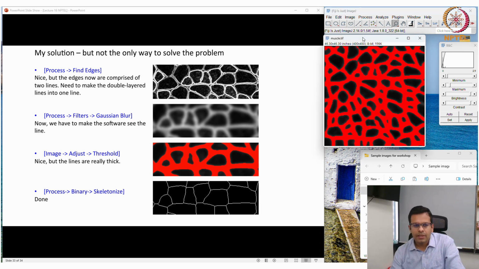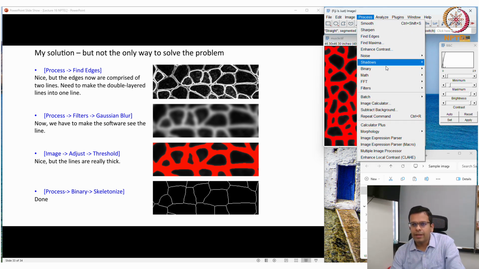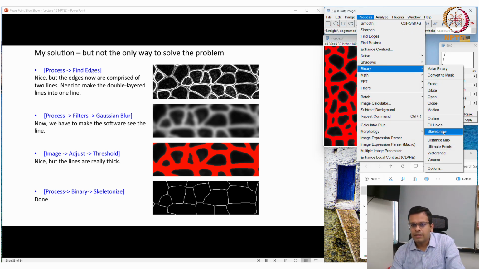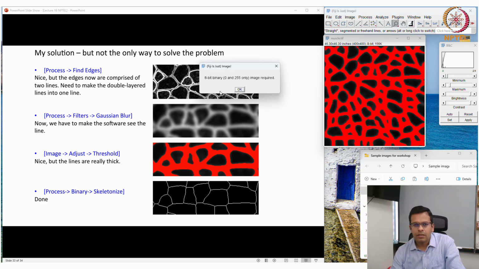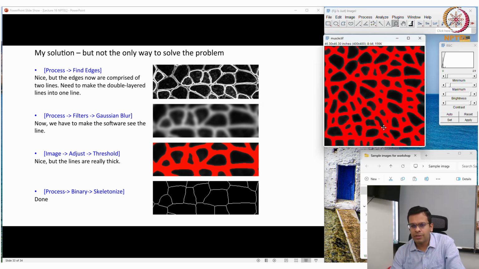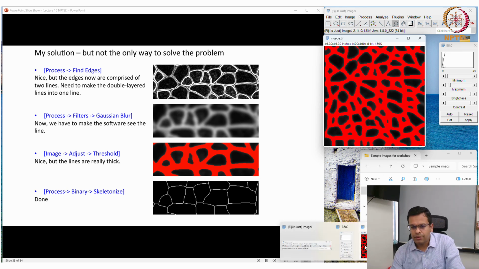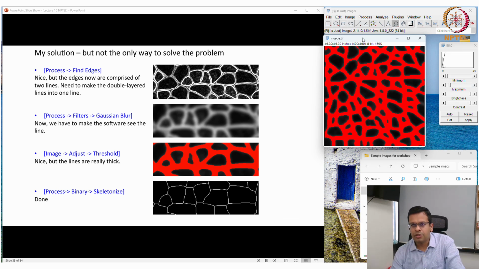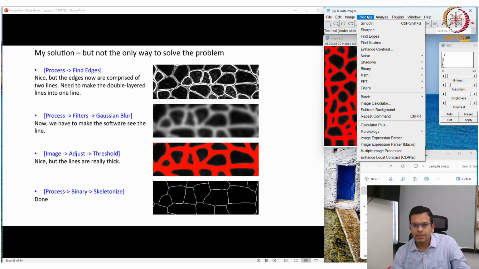The next step is I will go for skeletonize because now I want single pixel thin lines. So let me go to process, binary, and skeletonize. 8-bit binary image required. Okay, so actually we haven't applied the thresholding function yet.